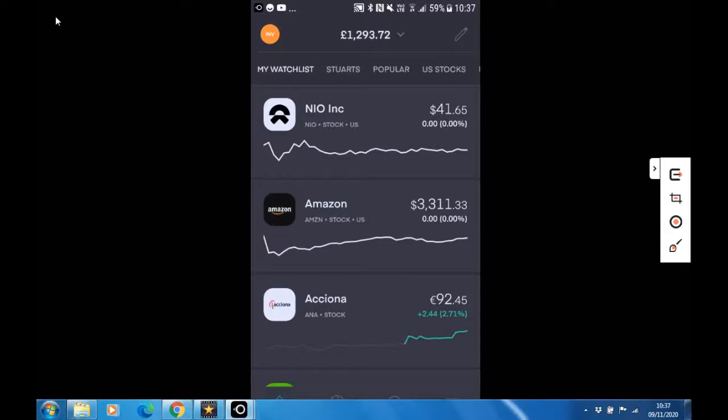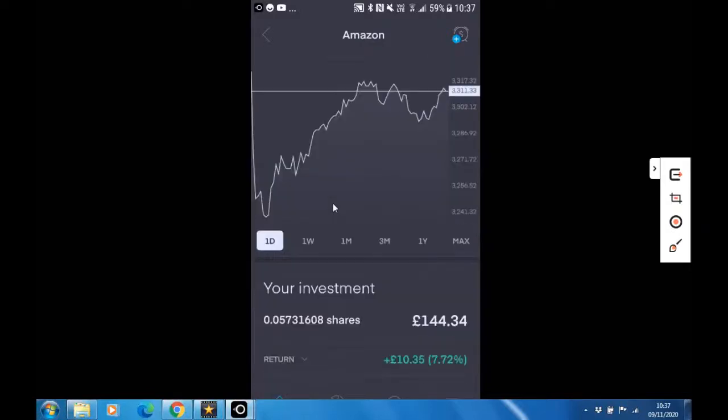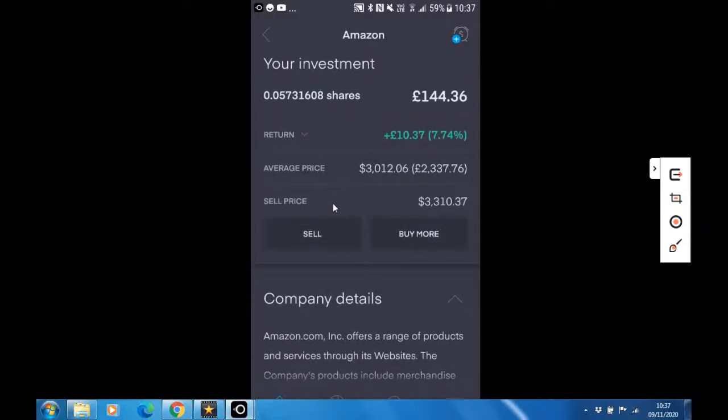Okay, so some of the things that I look for personally, I'm just going to use two random stocks. There's no way me saying that you should consider buying them. Just to talk through how I look at it. So if we click on Amazon, which everyone knows, a big company, and we go down through the screen on Trading 212,